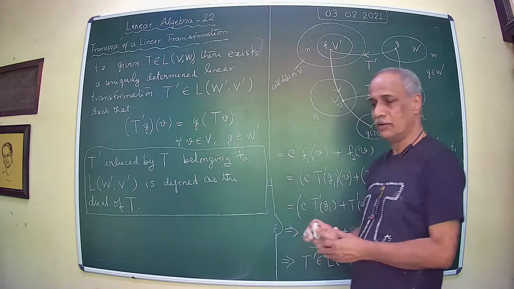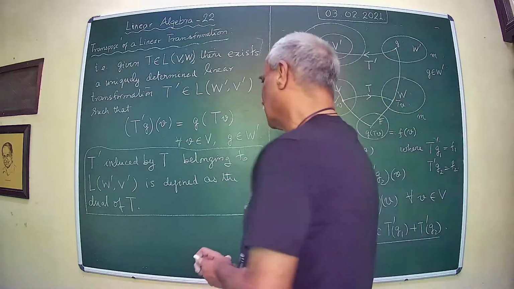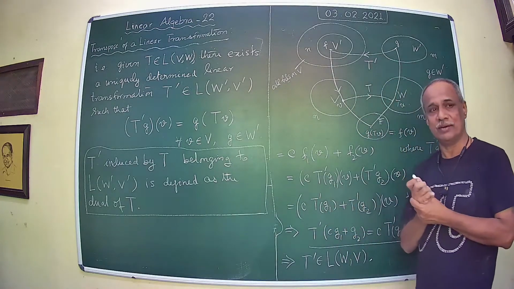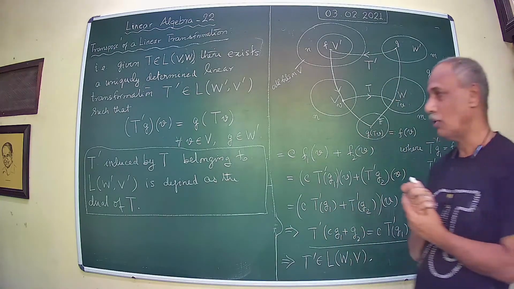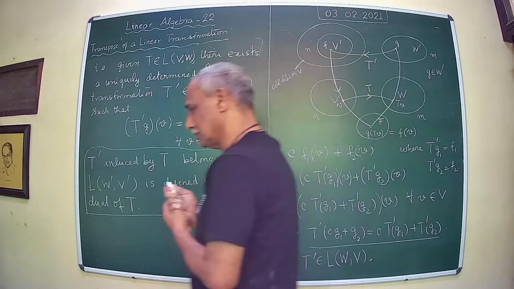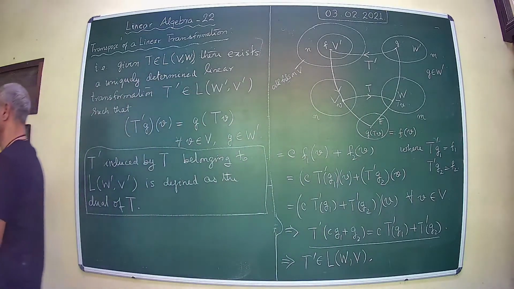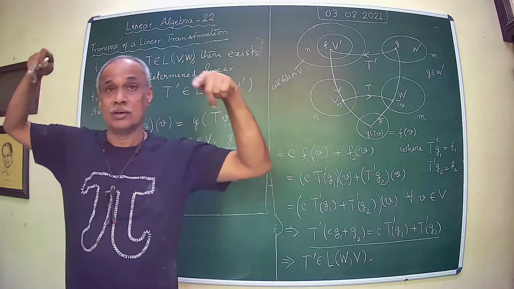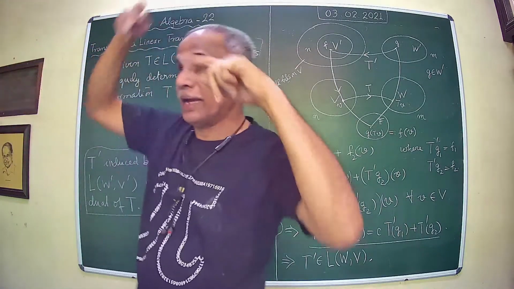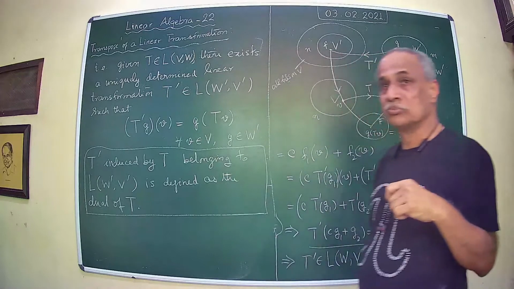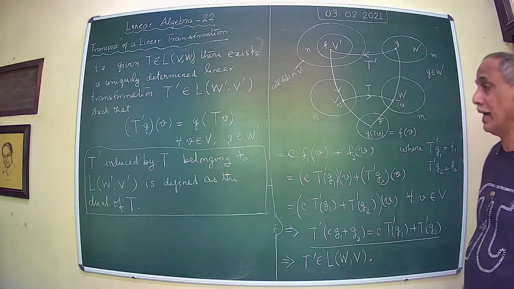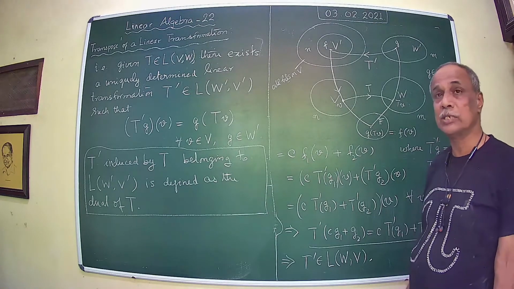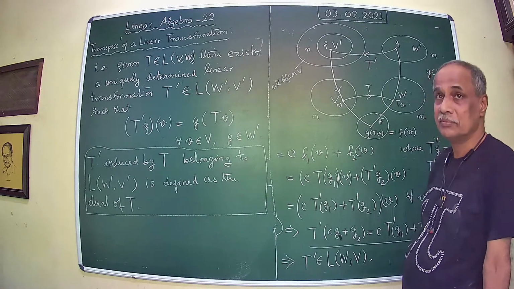So that's the dual of T. Now naturally there is a question, something that we have observed in that example. What was that? There is an induced linear transformation from V prime to V prime, represented by the transpose matrix, the transpose of the matrix of T with respect to